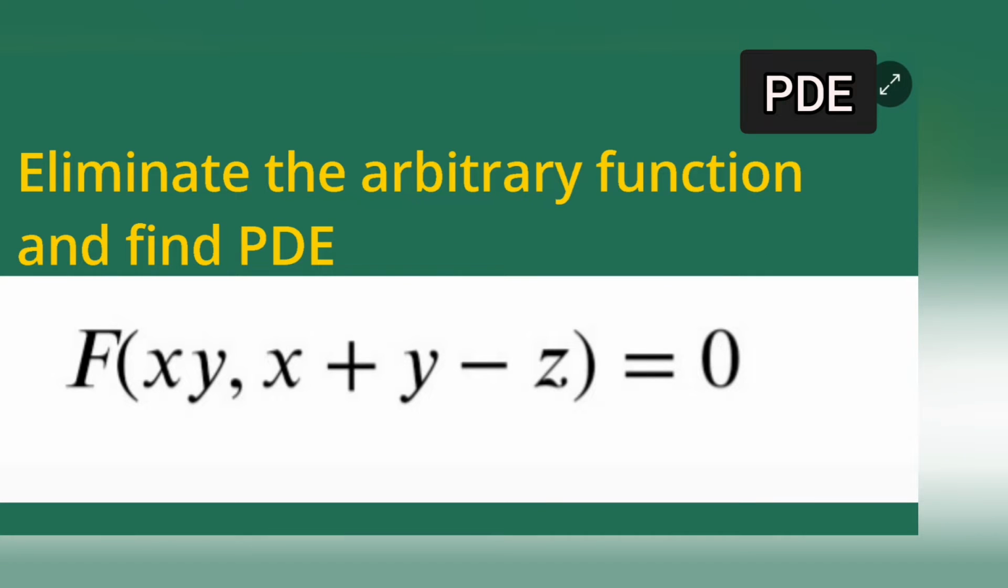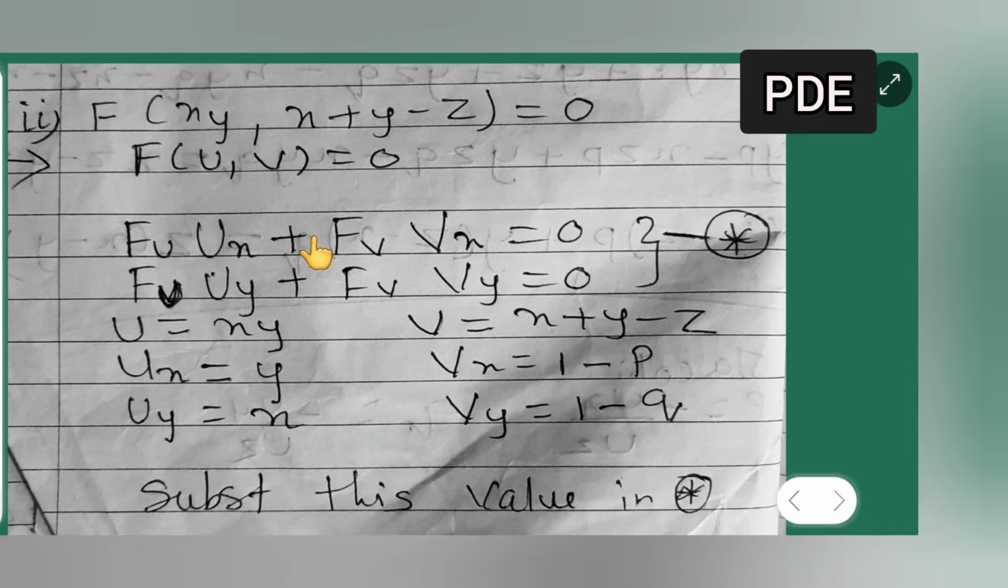So in today's lecture of PDE, eliminate the arbitrary function and find the PDE, that is partial differential equation. So let me start with it. So the question is this one, the second one I'm doing. This is the second lecture; in the first, I have given you the first part of it. The second one is f of xy comma x plus y minus z